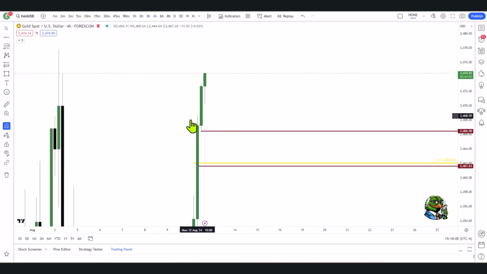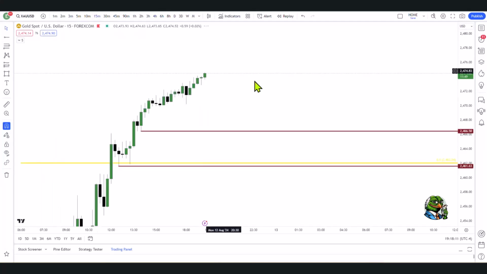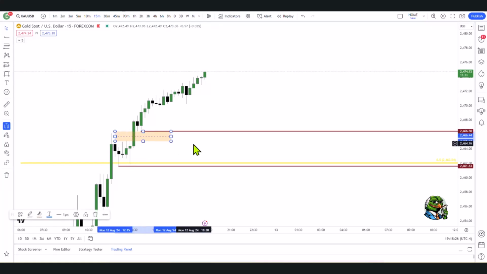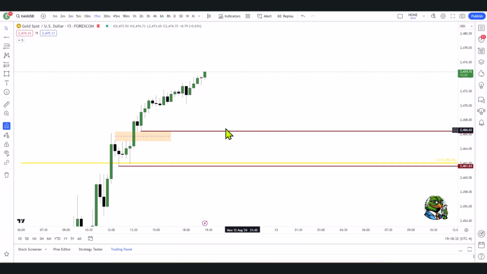I will look at that level if we get down there, what time we get down there, and how we get down there. On a 15-minute chart, we do have this fair value gap at that level, so I like that level as well. And we have these two down candles, which are the bullish order blocks. So that's a nice level to look at. This gap aligns with those two down candles, the bullish order block, and that level is an institutional order flow entry drill as well. That's not far from where we are right now, only about 70 pips. That'll be a reasonable pullback to expect the market to come down to. We also have equal lows there.